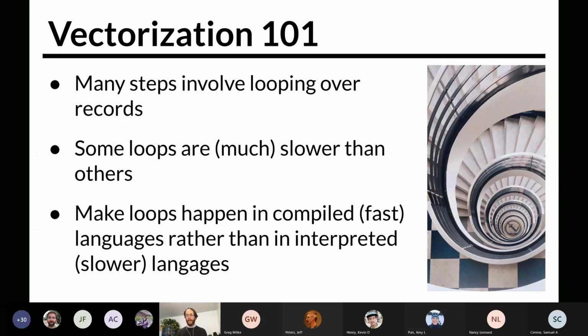Interpreted languages like Python are really nice for writing data pipelines because the code is fairly easy to read, and you can interactively explore your data as you're writing your code. However, loops in Python are slow. In contrast, compiled languages such as C or C++ can be very fast because they're compiled to machine code in advance, but they're a lot harder to write. With vectorization, we try and reduce each operation in our pipeline to a fairly simple step and then do the looping in that operation in a compiled language.